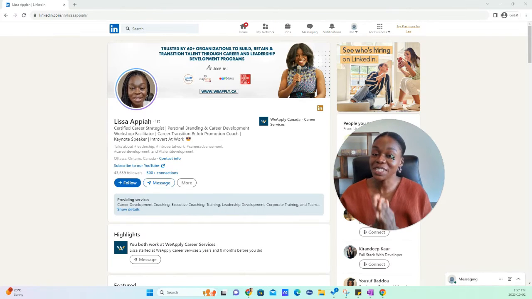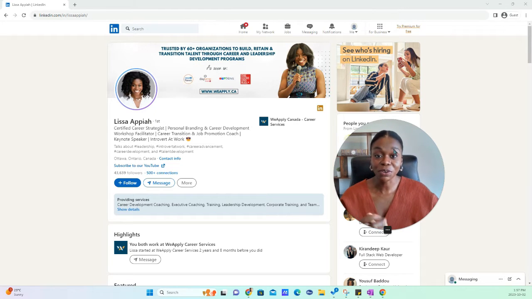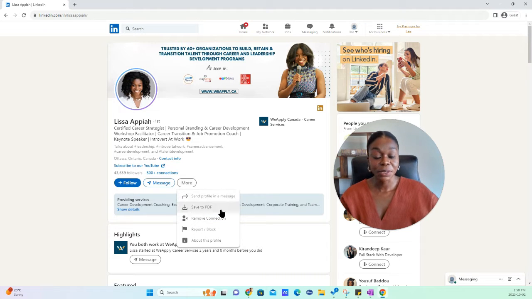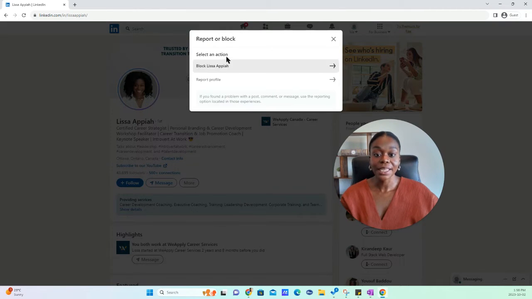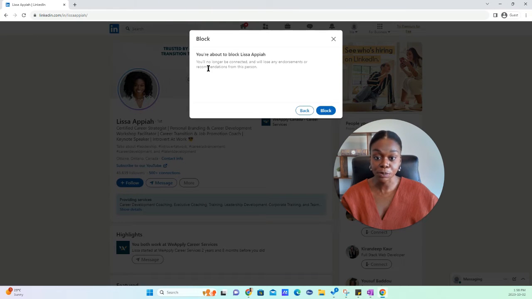What we're going to do is we're basically blocking myself from a different account. And so you need to go on the profile of the person that you're looking to block, and then you click on more right here, and then you'll be able to see a couple of options. So what you're going to do is report/block. And then you will be able to click right here, block this person,